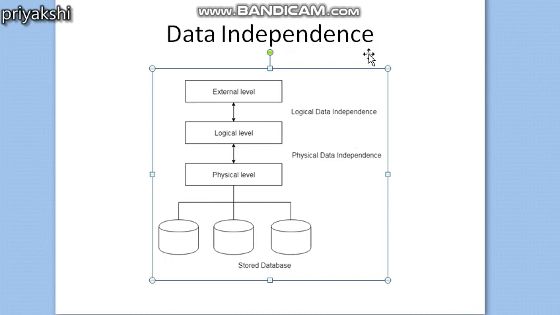We have to change the database, because previously there was no such column as the Aadhaar card. So we now add the Aadhaar card column to the database. We have changed the structure of the database by adding a new column. Whatever we have changed in the conceptual schema should not affect the external schema or the application program. Generally we view the bank database using a mobile application or a web application like this. Whenever we are viewing this, we will have a view with the link to the Aadhaar card.